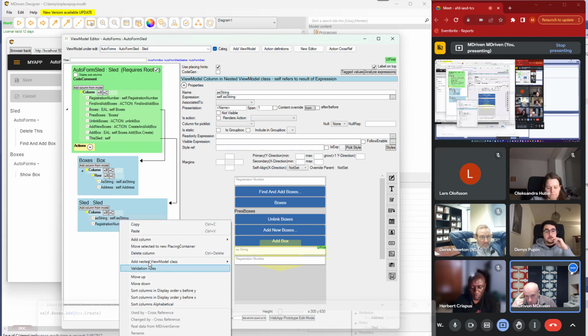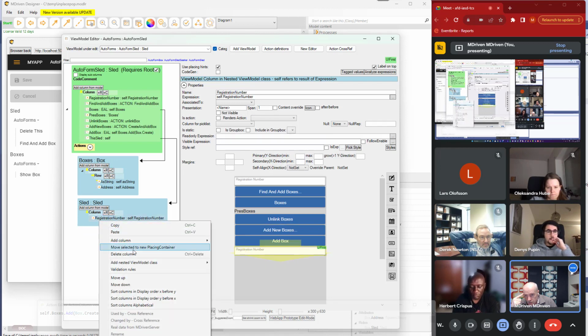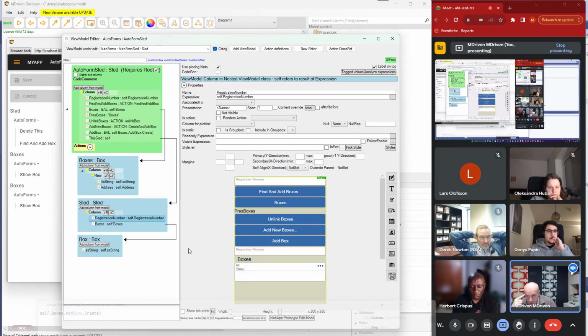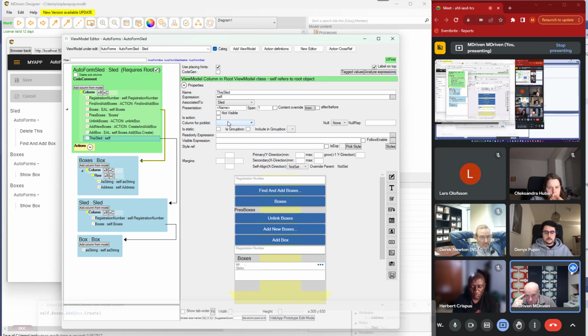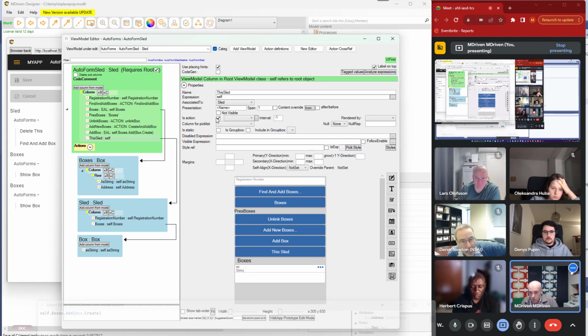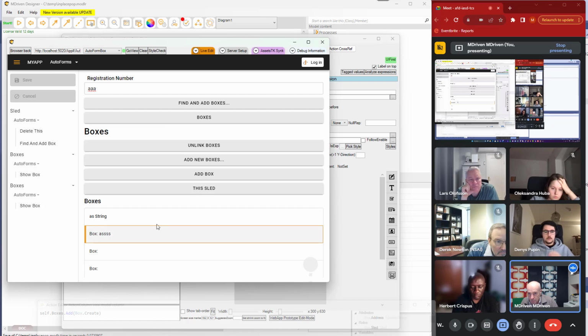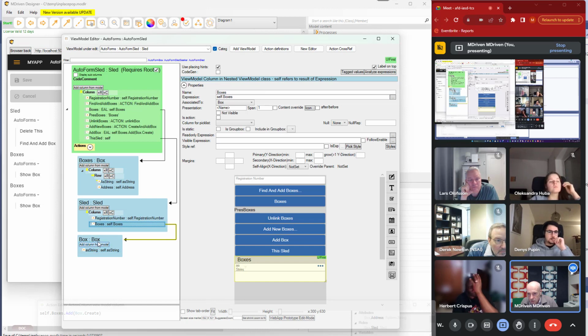I'm gonna remove that one, and can also add all the boxes again as a grid under here. So now they're there just like they would be, but the new thing is that I can say that this should be an action, and then it will render differently. Why didn't those go away then? Let's see what happened. Yeah, right, this I'm gonna need to